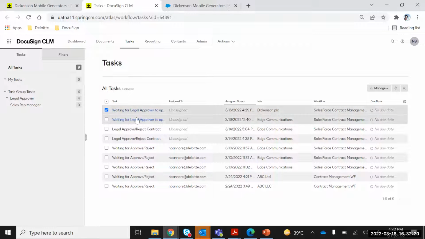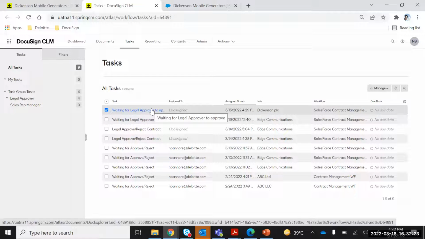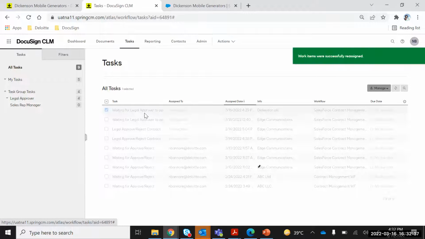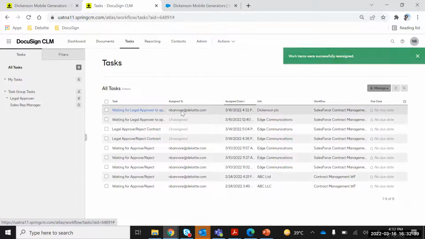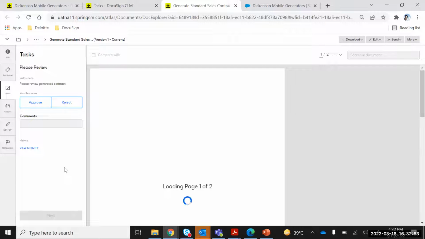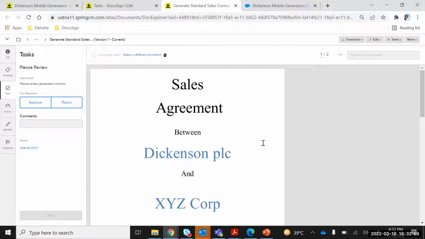So what I can do, I can directly go to this task and undertake the action, or I can go and claim the task, because this task has been assigned to the task group. So anyone from the task group can come and claim the task, or can reassign the task. So I'll just claim the task. As soon as I claim the task, the column got updated here with my email ID. Initially it was blank, which was unassigned, but now it has been assigned to me. Now there are two actions which are available here for me, and those two actions are either approve